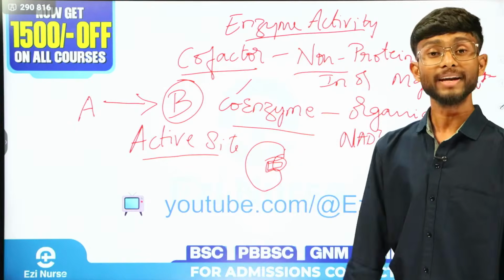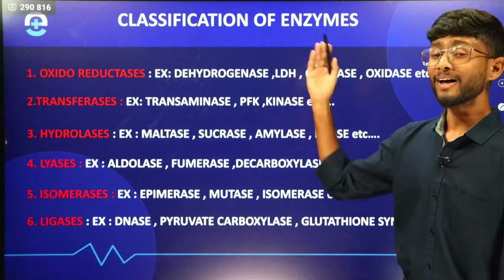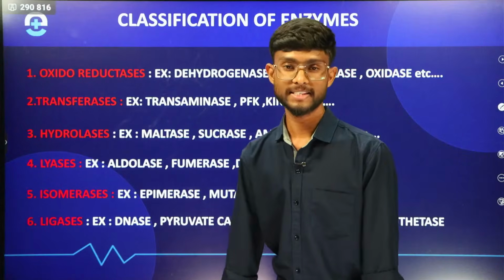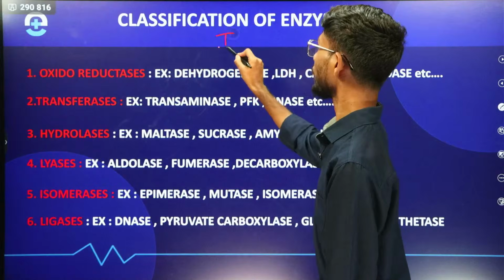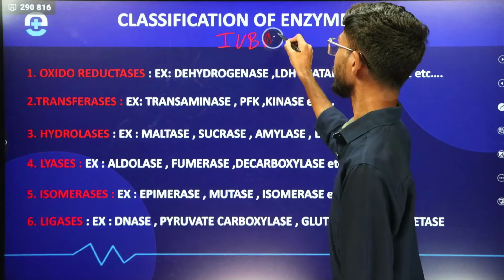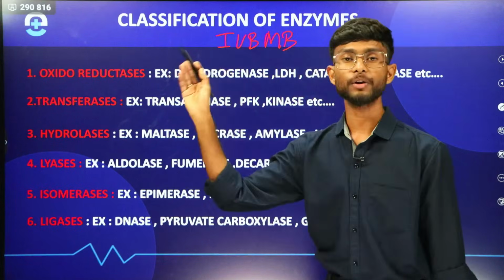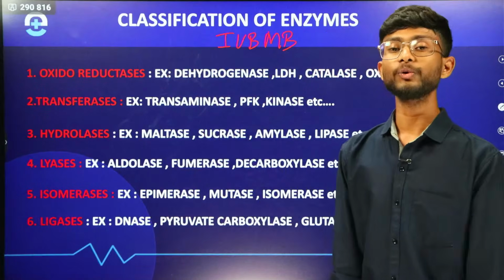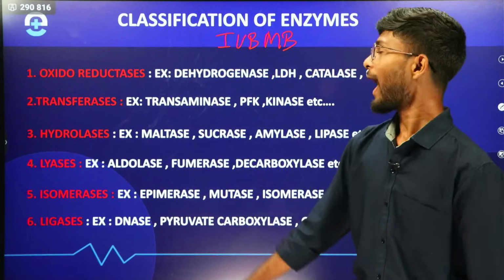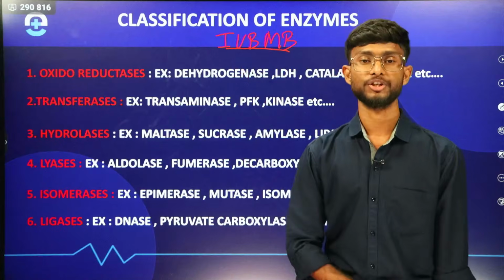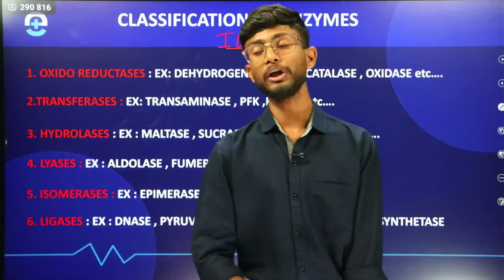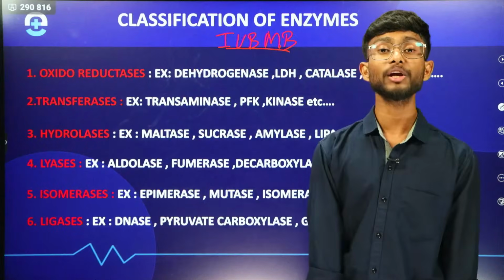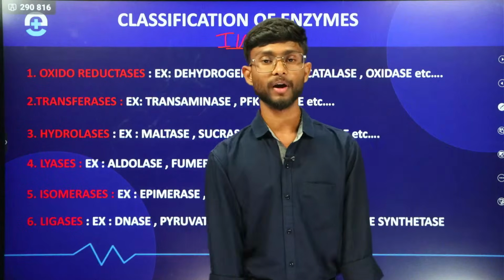Okay, so next we'll see the classification of enzymes according to IUBMB. What is the abbreviation of IUBMB? International Union of Biochemistry and Molecular Biology. According to them, enzymes are classified into 6 groups. How many groups? It is 6 groups. Okay, first one,